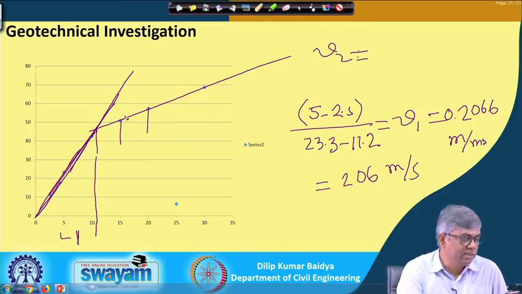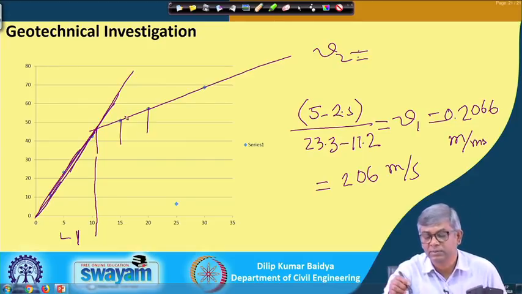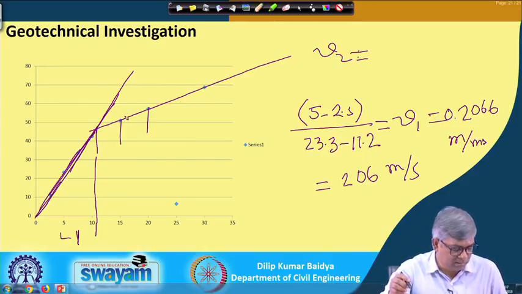At these 2 points, your velocity is 25 minus 20, that means 5, divided by 64.4 minus 57.2. That gives you